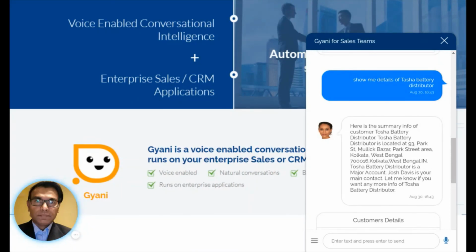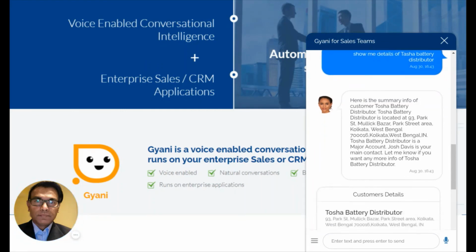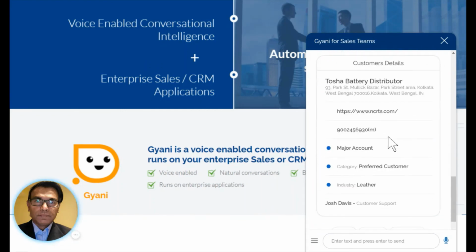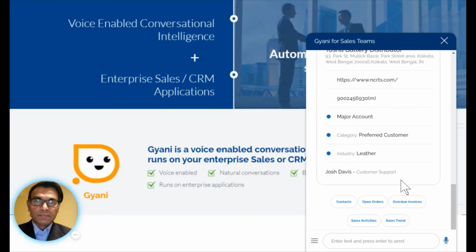So even with this, when it went back and tried to make a comparison and identify which is the customer, it realized that this Tasha is actually Tosha because it is remarkably similar. So it fetched the information of Tosha Battery Distributor and presented me back, which is, it applied intelligence and it corrected the mistake in my pronunciation. Okay. So here are the details about that particular customer. Now let's move ahead and